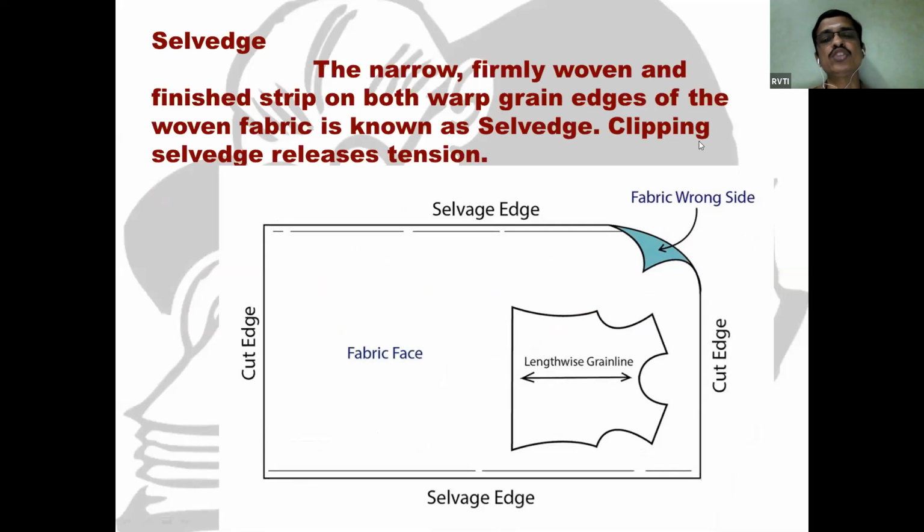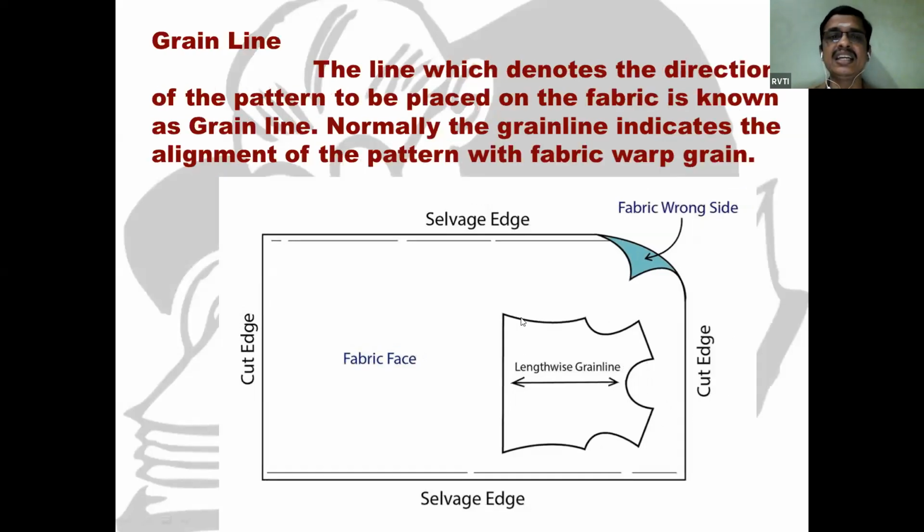Clipping the selvage releases tension. The woven fabric is a combination of warp and weft yarn, and normally the edges of the fabric are tightly woven. It looks like a thick piece like that, and that is called selvage. Normally the selvage is on both sides of the fabric. The distance from selvage to selvage is known as fabric width. After knowing this, we can discuss